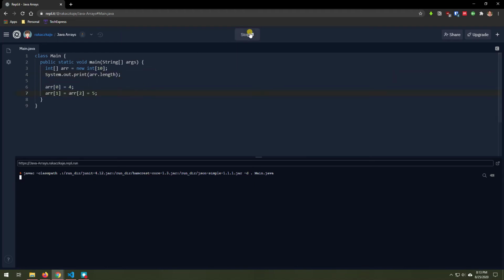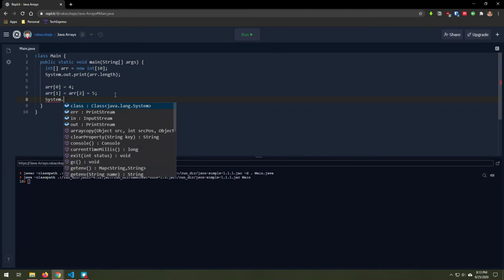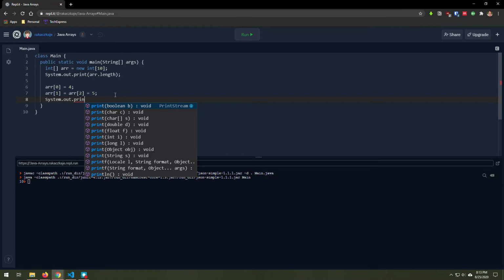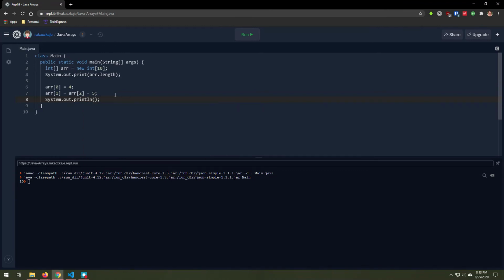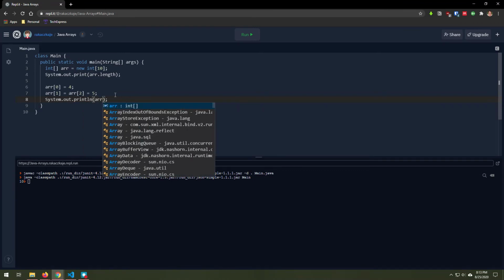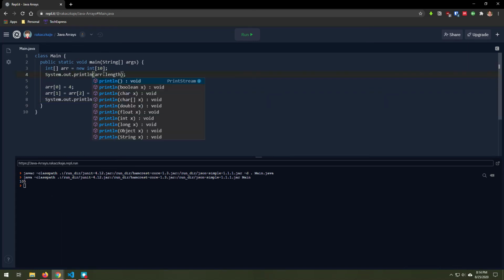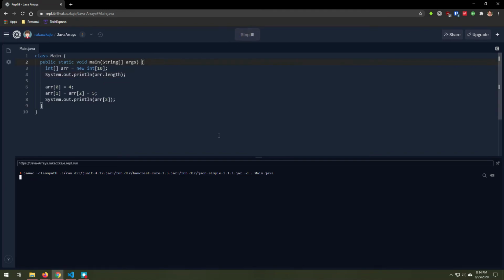Now this is technically something we can do. It doesn't yell at me, it doesn't compile weirdly or anything like that. If I go to print this out, you will see that they have the same value. So I printed out 10 for the length, and this time I'm going to just print out 5. What's happened here is I didn't actually do print line here, so it didn't do a new line, so we're just going to fix that real quick. So now we have 10, which is our length, and then we have our second indice printing out, which is